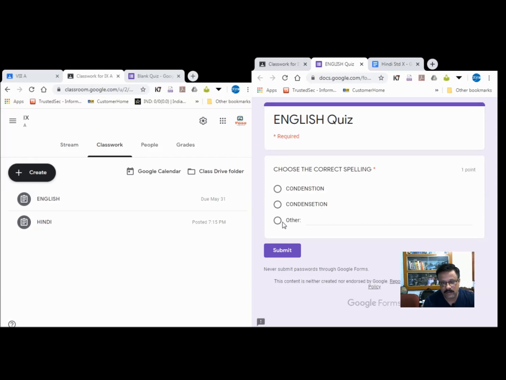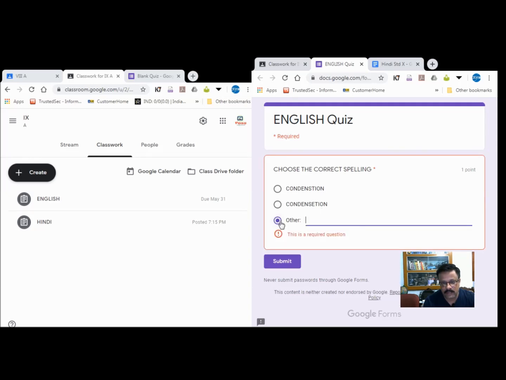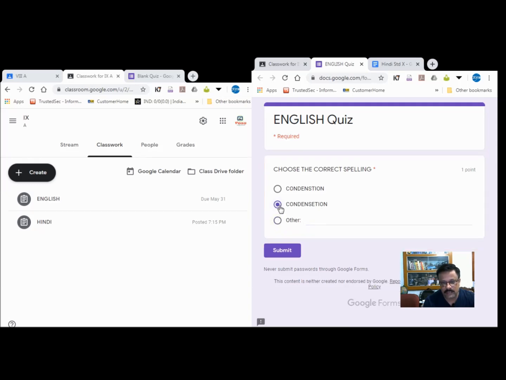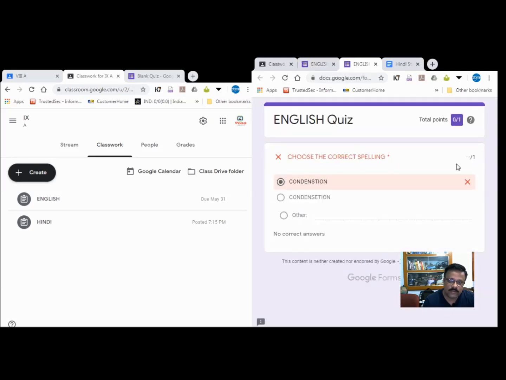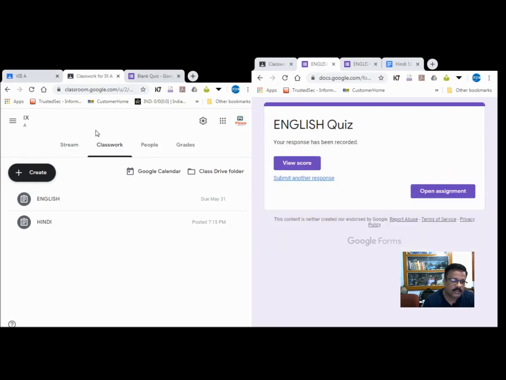Any spelling the student can give, and it will be submitted. Student submitted, view score; the spelling and everything students can see. So many types of assignments can be created here.